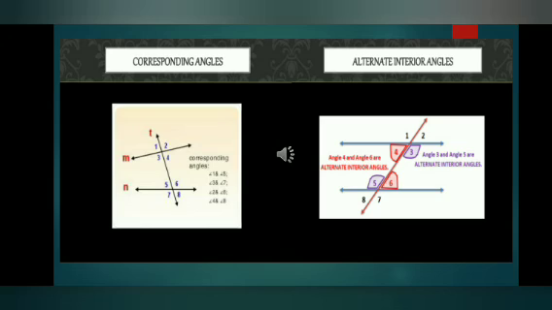Now you can form a letter Z when you clearly observe the angles, to find the alternate angles. I have given you 4 and 6 as alternate interior angles. If you see, you can form the letter Z. In the letter Z, you have two angles formed, one on each side. So 4 and 6 are alternate angles, and in the reverse Z, 3 and 5 are alternate angles. In this way you can find the alternate angles.